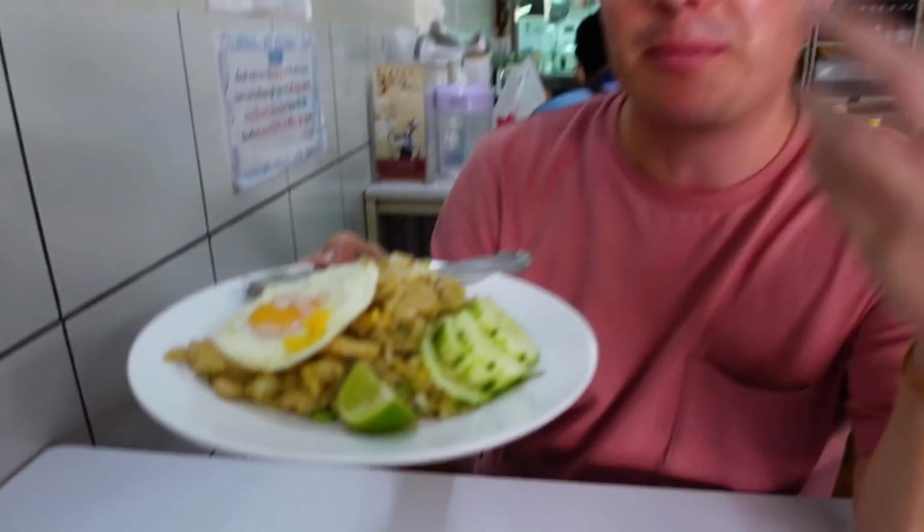Right then, so this is my breakfast. Pad Kapao. No, it's not Pad Kapao. Right, this is my breakfast. Pad Kapao. So I'm on my way to go meet Gary, and we're going to do a very quick basic